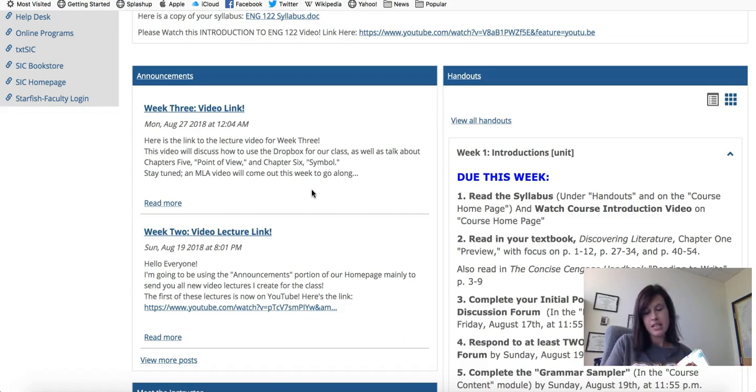And also, if I've been commenting on your posts or on your reading responses and noted grammatical errors, I do think it's important to note that in sections 4, 5, and 6 of this text, there are some really nice sections about grammatical mechanics. If you're struggling with commas, I would go to section 5, where it talks about punctuation. I would review over mechanics if you need to. You do what you've got to do to help yourself. And if you review these sections and you have any questions, I am always free to ask, and I'm happy to work with you to make sure that you're doing everything right.